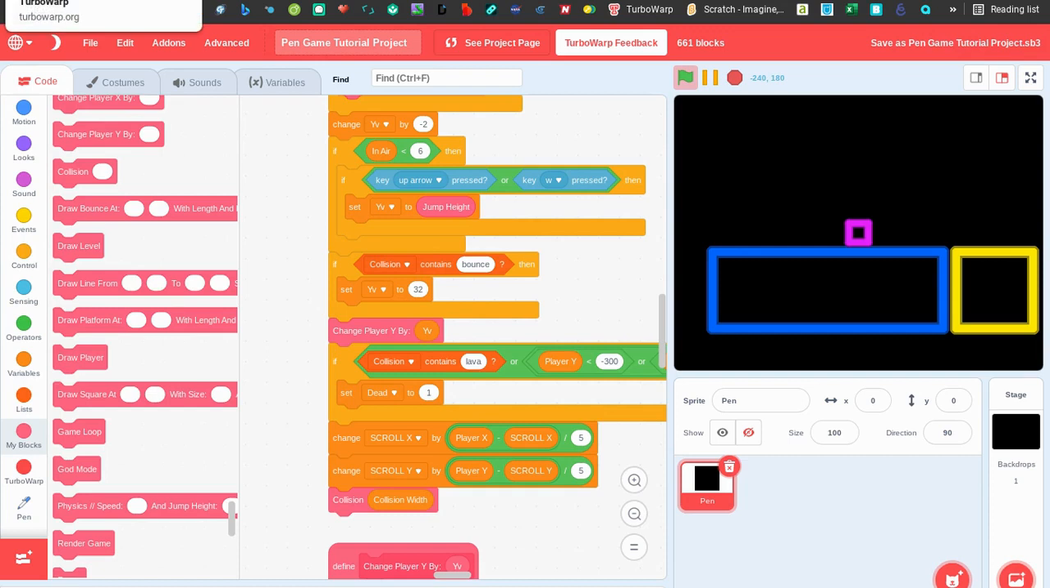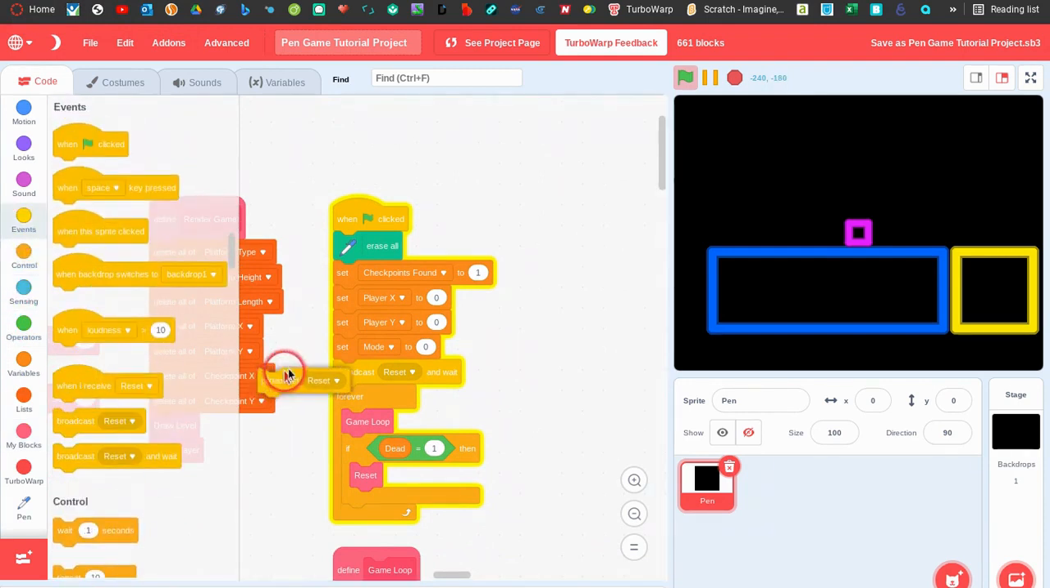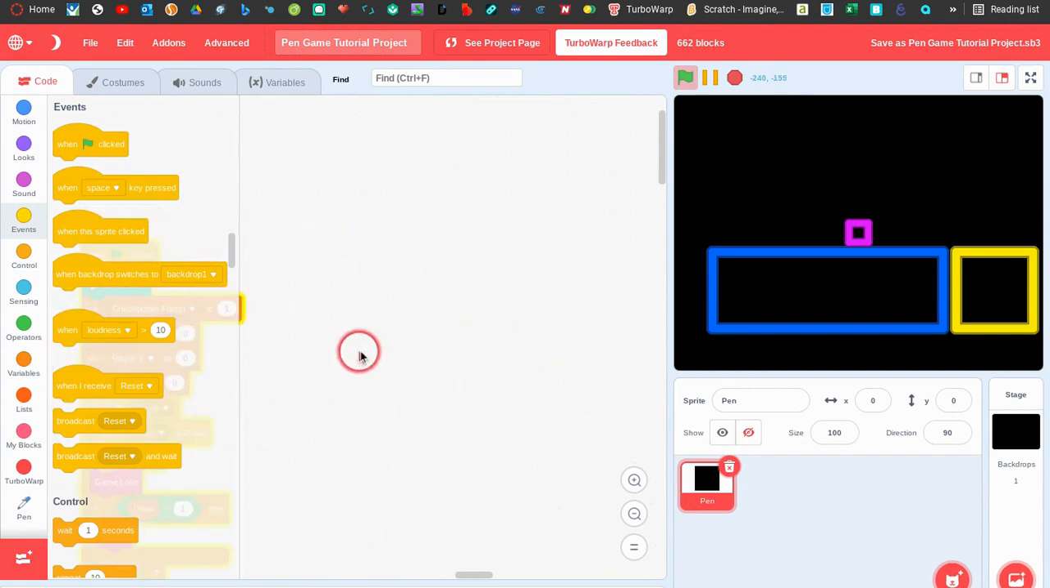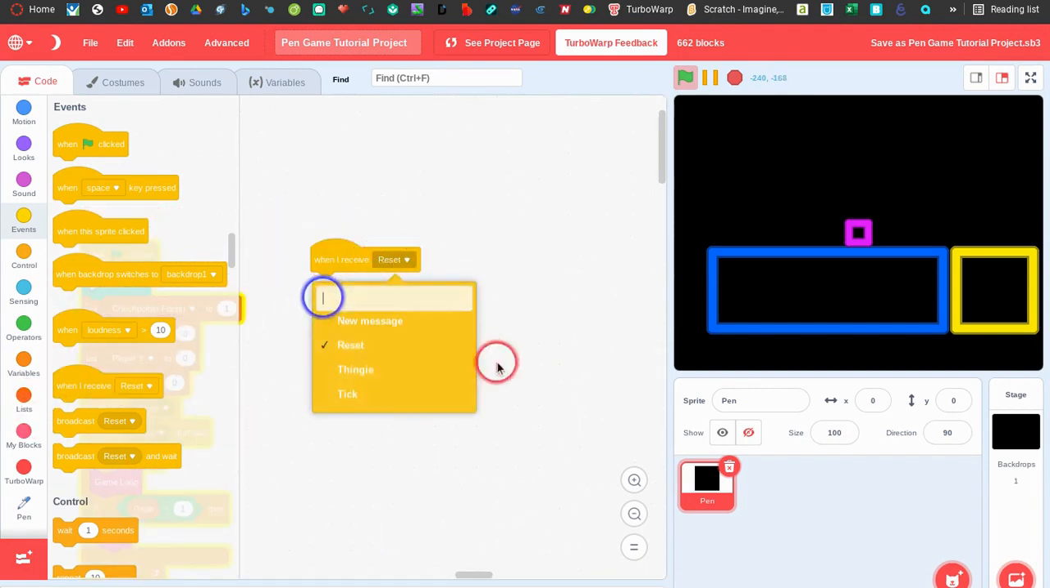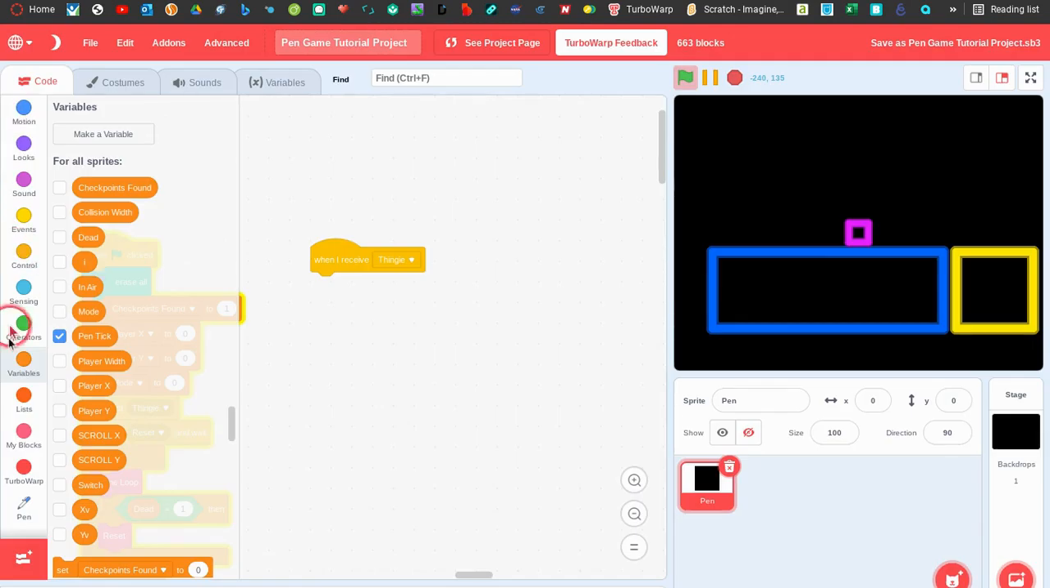Let's add some more obstacles into our game. So I think I'll do lava, and I'm gonna do a little trick to make this lava go up and down. To do that, I'll just do a new broadcast, and I'll broadcast a message here, and I'll call it thingy, because I don't really know what to call it. And so then I'll just do when I receive thingy, then what we're gonna need is just a new variable called pen_tick,